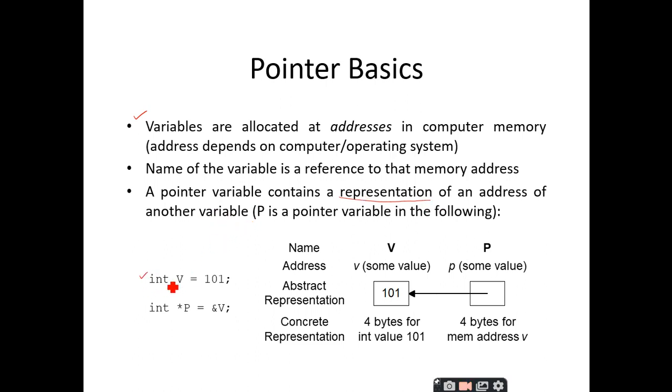So this is the variable v that is declared as an integer, and I am storing a value of 101 in this v, right. Since this is a declaration part, the memory will be allocated like this, 4 bytes of memory, and the value 101 is stored. Let us say that this base address is around 50,